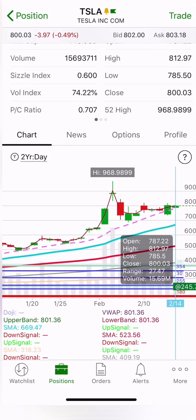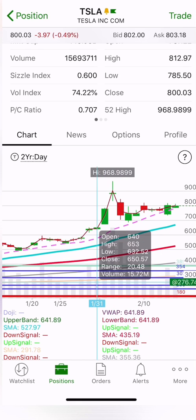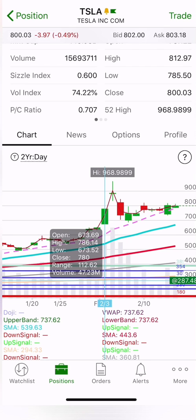The 50 period moving average is way down at 523.56, which is a very strong area of support collectively by the market. Everybody tends to respect the 50 period moving average. So we have a long way down. We also have a lot of gaps here. Here's a gap here. Let's see, I think 650. We had a close here and an open at